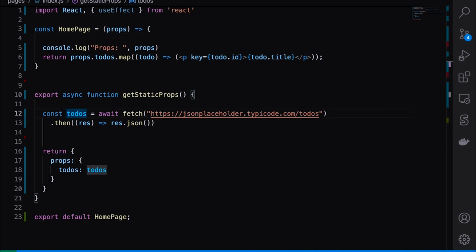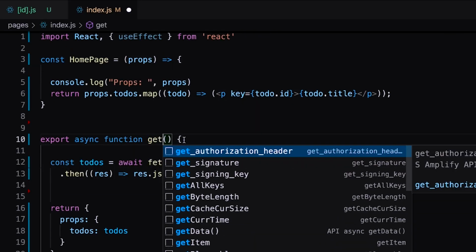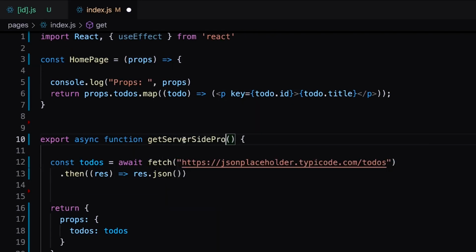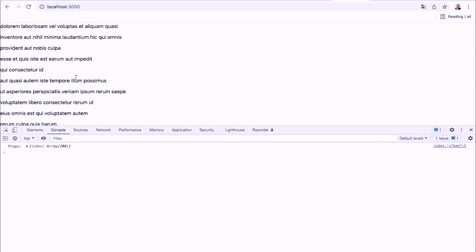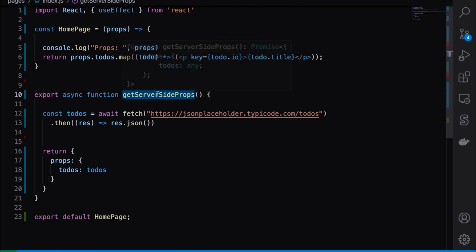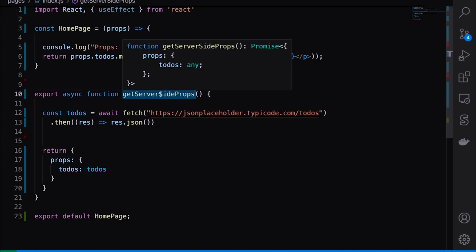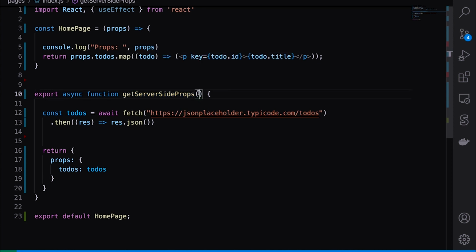Now that you've at least taken a look at getStaticProps, there's another one that you can leverage, which is called getServerSideProps. Let's take a look. So if I change that and then go back to the browser, refresh it, you don't see any difference. You might be wondering, Sterling, what is the difference between getStaticProps and getServerSideProps? Well, the difference is this. Well, getStaticProps runs on the browser itself, so which means you get access to certain things on the browser. But this one itself actually runs on the server, which means whatever you see here,